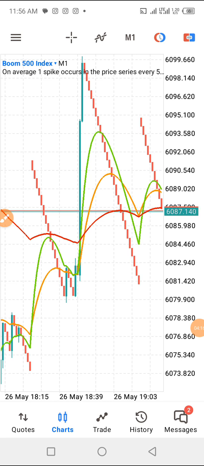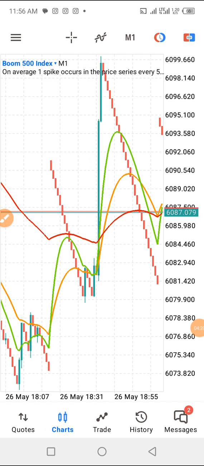Is that clear, guys? So that being said, let's get into today's activity. Let's talk about how this new strategy works. Now, it's just a simple strategy, mainly for scalping, most especially for those of you who love using your mobile phone.